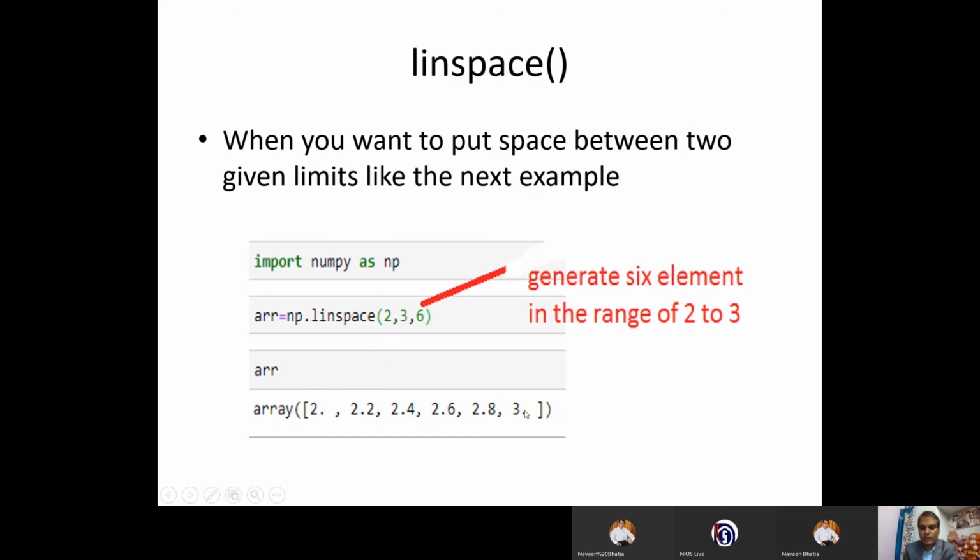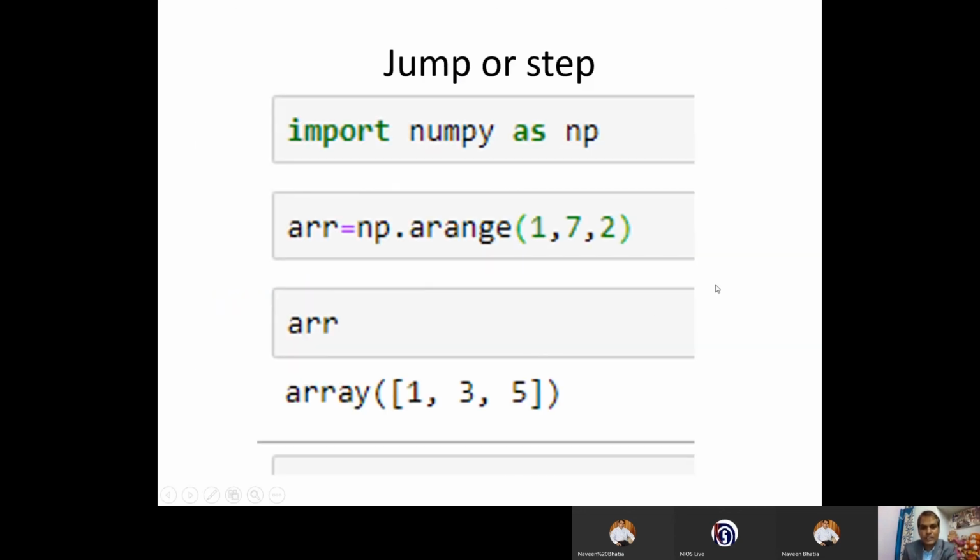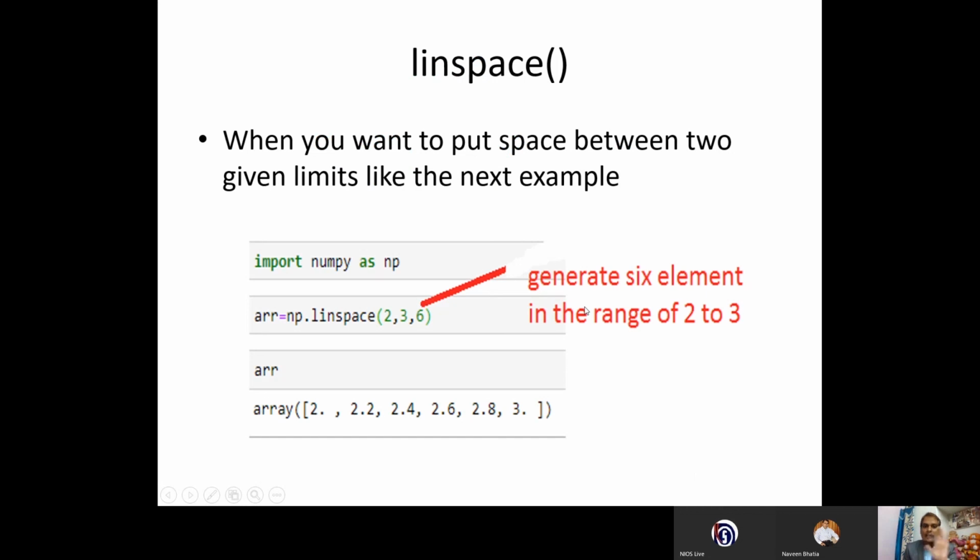Here you have to remember it is not like range. Please try to understand. In a range, the upper limit will be ignored, but here in linspace, the upper limit will not be ignored. It will be included in the answer itself, and it will divide the value into a particular linspace limit.